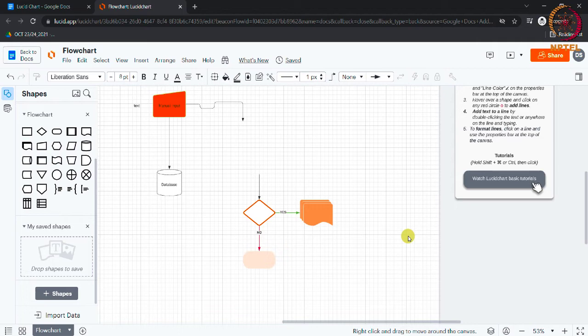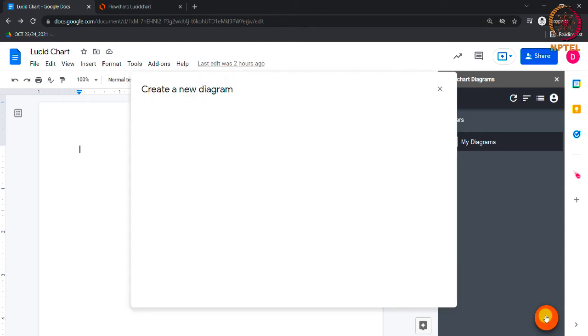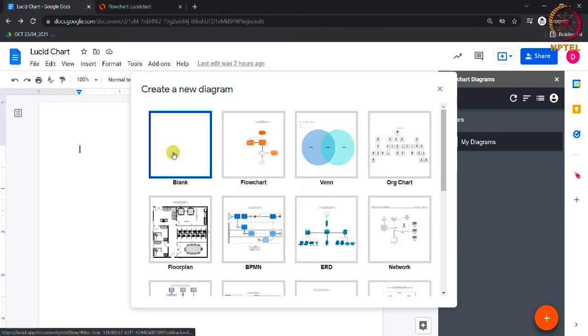For example, I want to create a simple flowchart which has start, step 1, direction, step 2 and end. For this, I will go back to the document and select the new diagram by clicking on the plus icon and selecting the blank page.